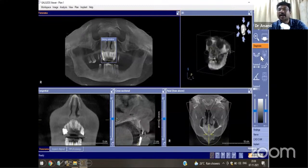So you can see an arch or a jaw-like function here. When you click on this, you will get a predefined focal trough. I think all of you would know about the focal trough, which is a three-dimensional curved zone in which the structures would be reasonably well defined. The areas covered in the focal trough would be reasonably well defined,